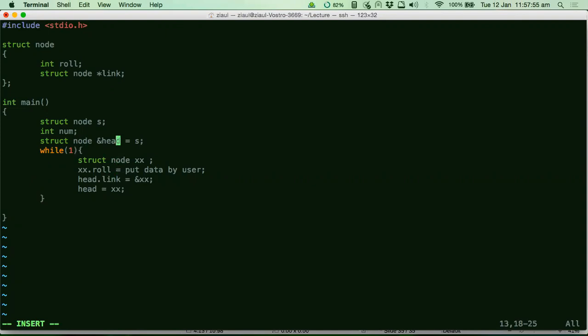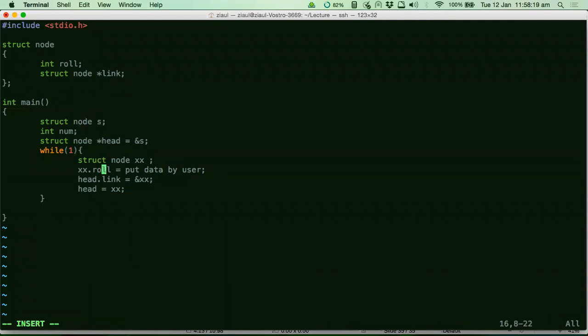Okay. See, what is this line? What does this line do? This line makes me point to the first, this point to S, right? Do you agree here? I have switched things, yeah. So this line, I have created a pointer that is pointing to S, that is this struct here.